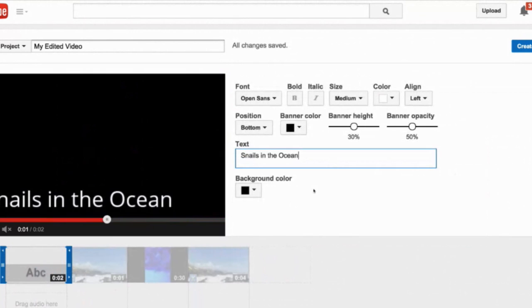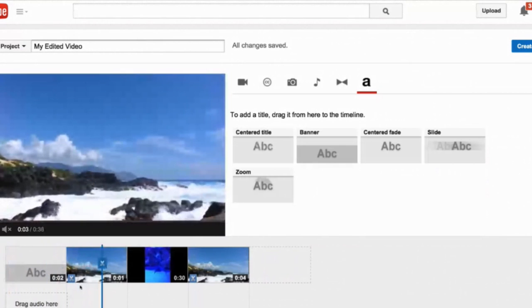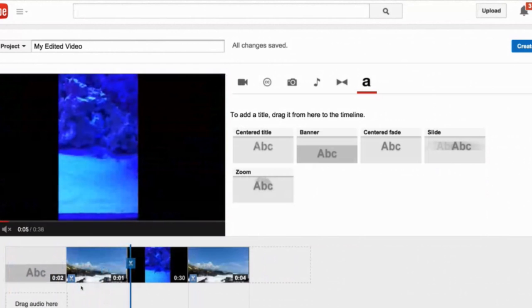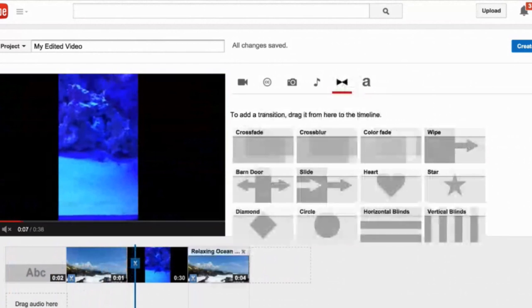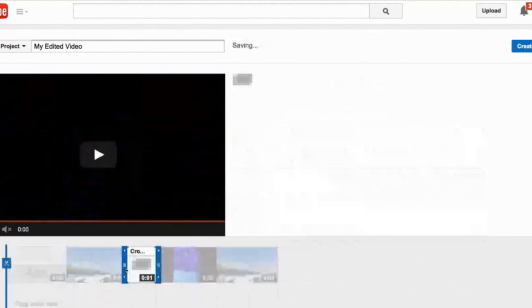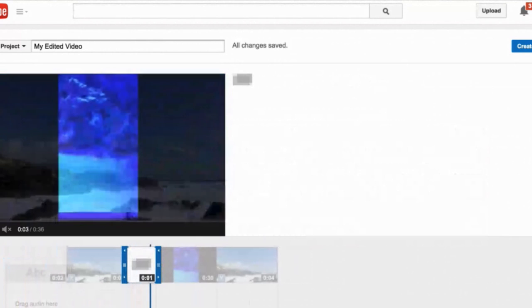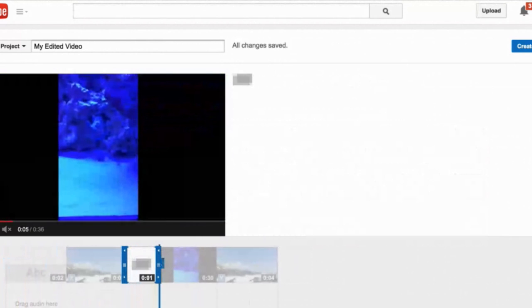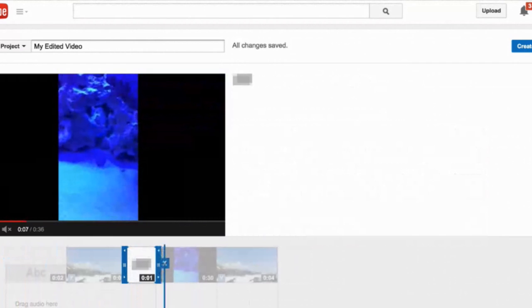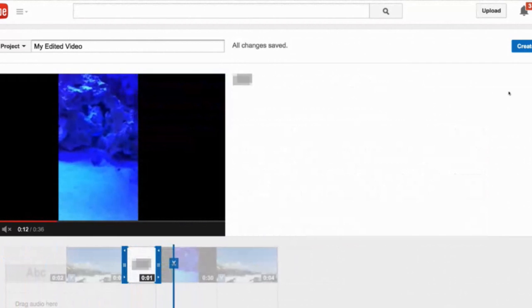Very exciting. It shows up right there. And you'll see snails in the ocean, and it dumps right in. Pretty easy stuff. Let's add a transition in between the ocean and the snail video, just to give an idea. And it crossfades in. So a lot, like I said, from Windows Movie Maker, iMovie, very easy to create